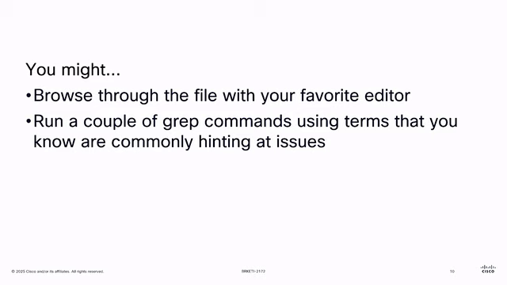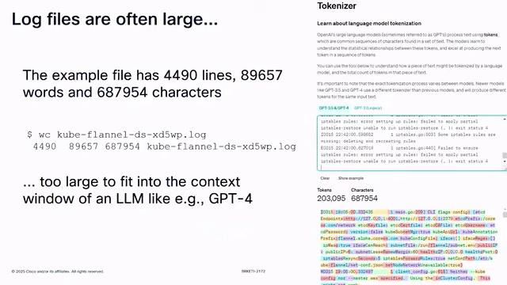Maybe I'm successful. But how about we ask AI to do that? The super simple idea that you might have by now is: let's take the log file, cut and paste it into ChatGPT and see what ChatGPT will make out of that. That might work if the log file is small, but in my case, I up-leveled the problem a little bit and said, well, let's take a log file that is not super small. My log file here translates into 4,500 lines, and if I tokenize that, that's roughly 200,000 tokens, which is beyond the typical size of the context window of, say, ChatGPT 4.